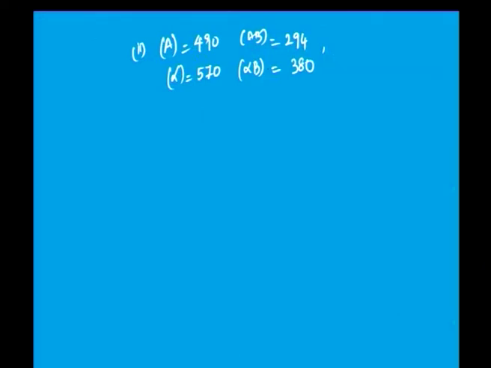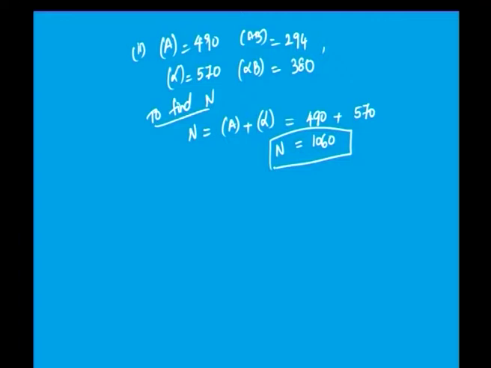Okay. Here N value is not given for use in the formula of delta. First we have to find N. N is equal to A plus its complement or B plus its complement. B and its complement are not given, therefore A plus its complement we will take. A value is 490 and alpha value is 570. So, this is equal to 1060. So, N is equal to 1060.